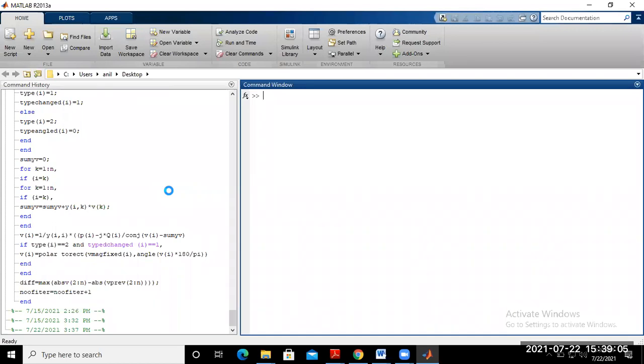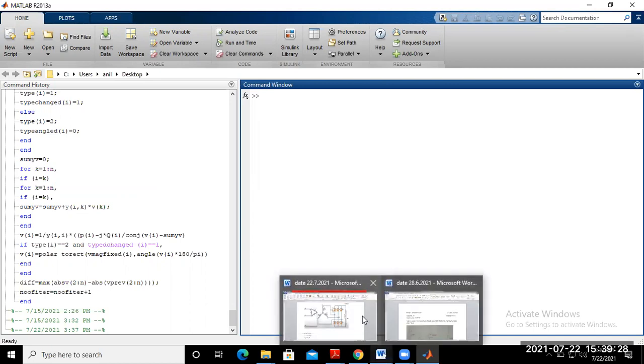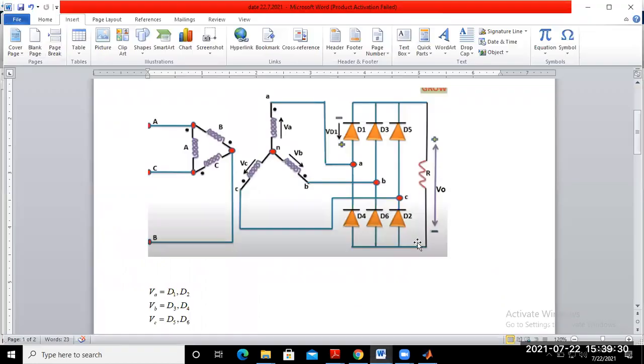It takes some time to open the new workspace. So just wait a few minutes. Keep this circuit in your mind for simulation in MATLAB.